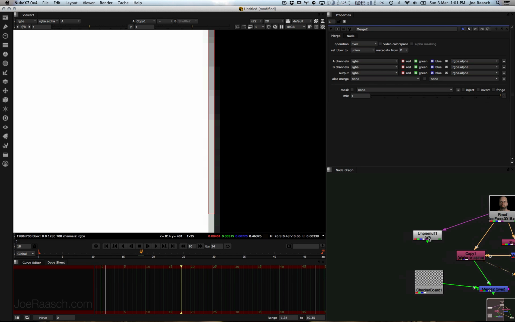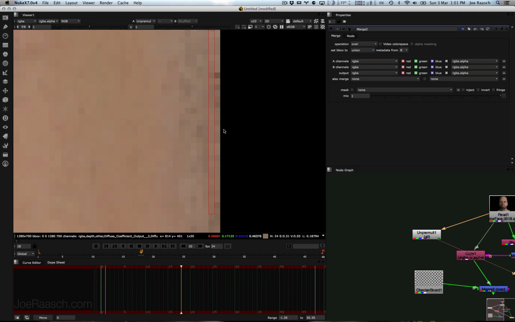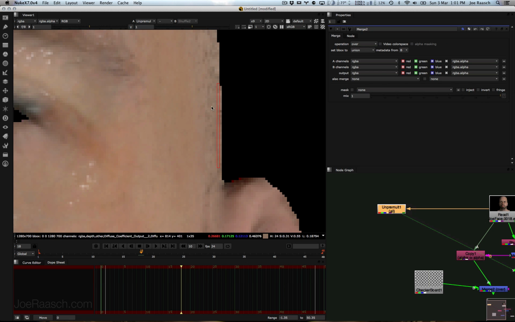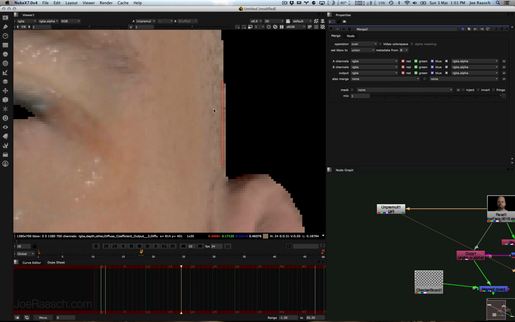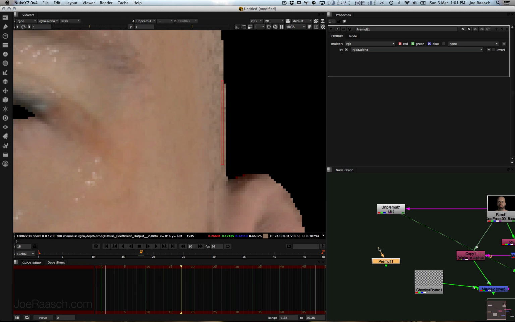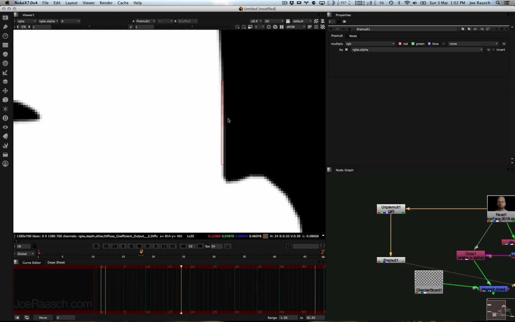So over here, if I say unpremultiply that, then you can see that that edge that before was kind of half dark and half skin tone is now 100% solid skin tone. And I can do whatever I want. I can color correct this, or I can change it. I can do any sort of color operation that I need to. And then at the end, I would just apply a premult. And the premult just multiplies the alpha by the RGB,